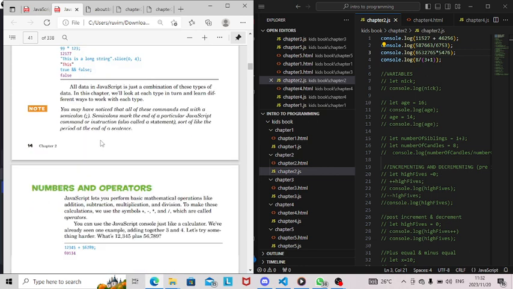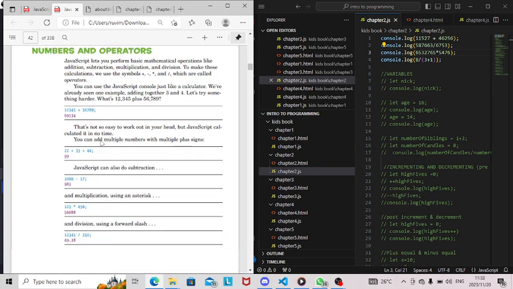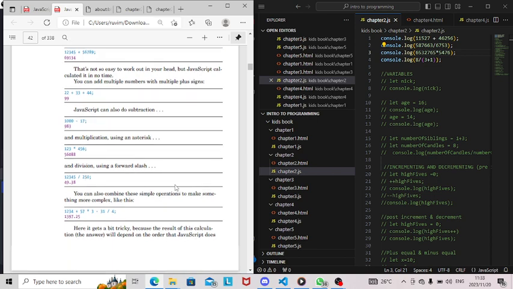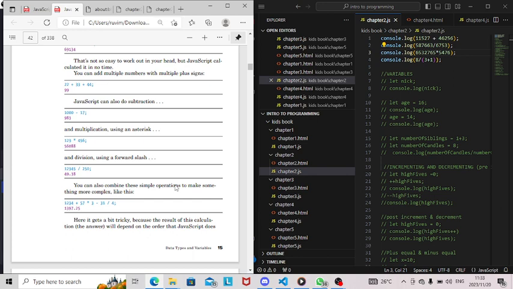Numbers and operators. This is what I was doing. I was adding numbers, and we use the plus to add. We use the minus to subtract, and we use an asterisk to multiply. We also use a forward slash for division. And maybe you have division, multiplication and addition